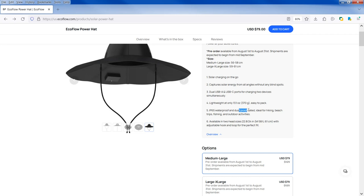And dustproof rated. So ideal for hiking and beach trips, fishing, and outdoor activity. Oh, there you go, guys, fishing. Whoa, I didn't even think of that. I love fishing. It's something I've done my whole life. And while you're sitting out there trying to catch the guppies or whatever you're going for, the mako sharks, or the whales, or squids, or who knows, you could literally power something